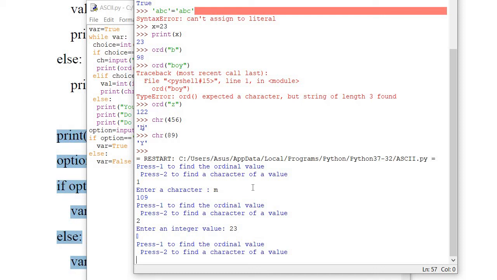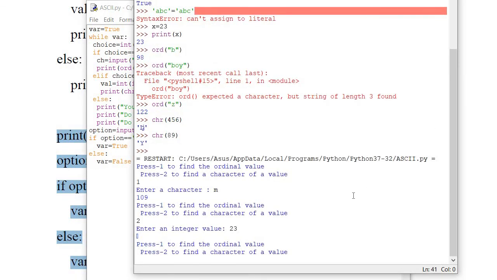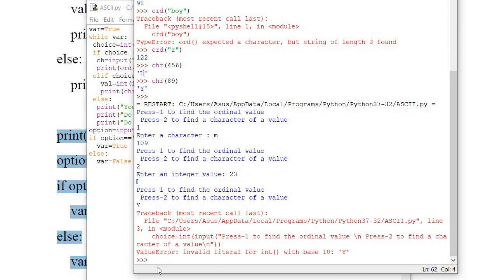Now if you exit, if you say capital Y or small y, what will it do? Let's see. I put capital Y here. It will say exit because of an invalid character.